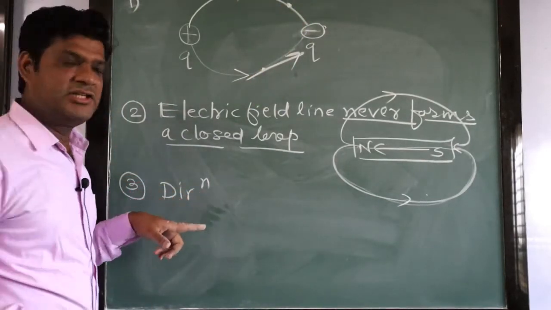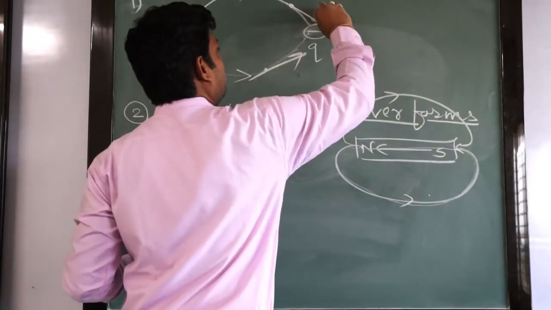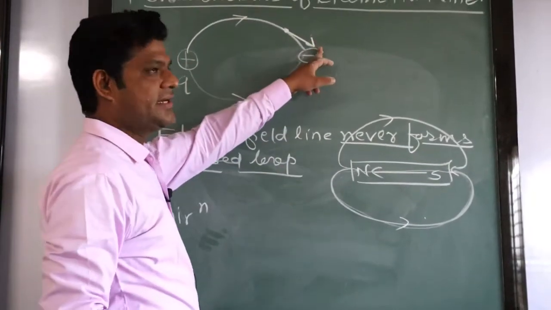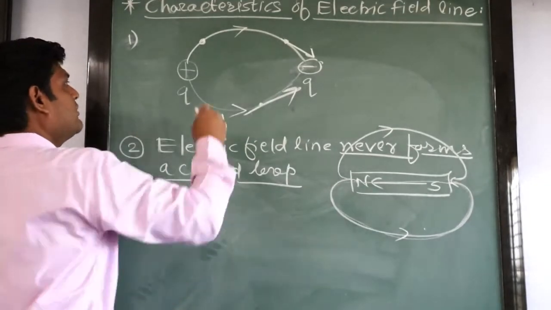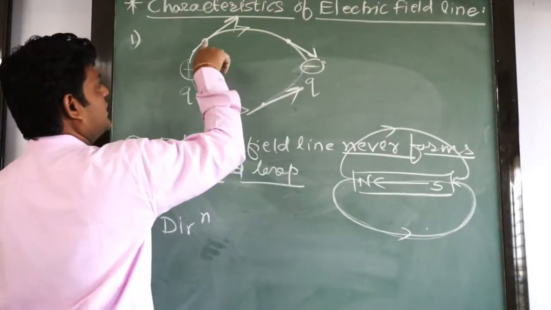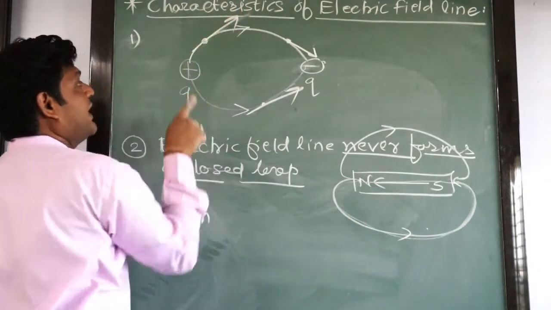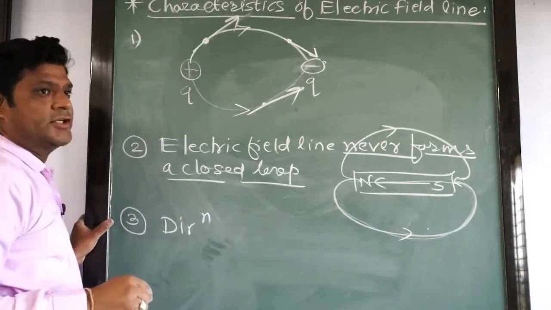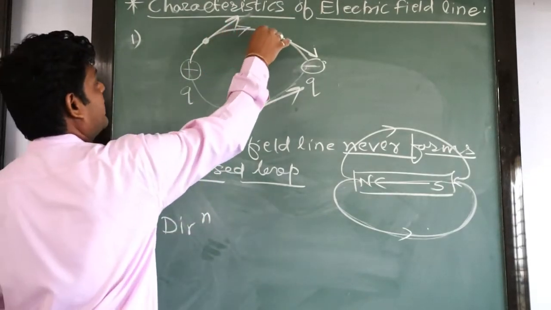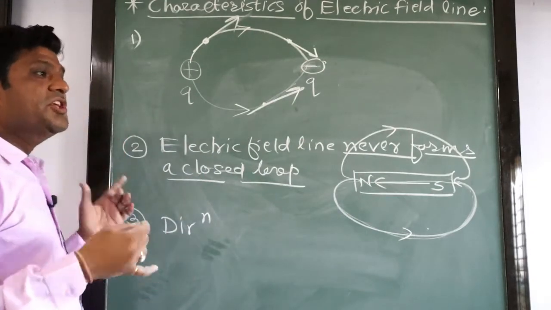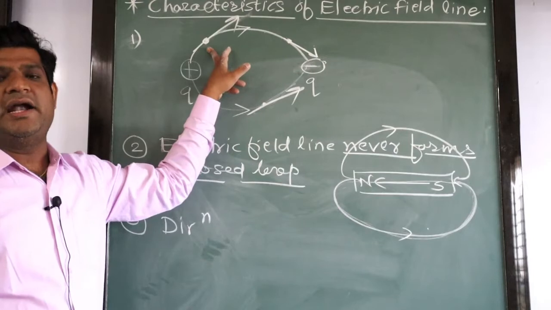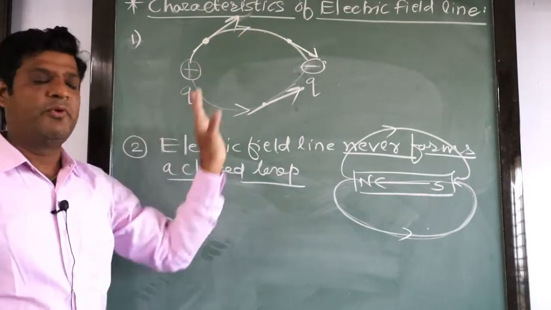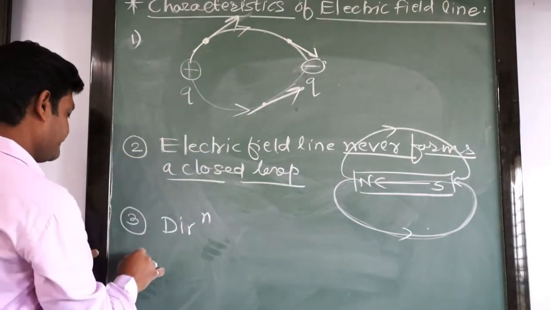By drawing a tangent, we can find the direction of the electric field. Suppose we have a point over here. Draw the tangent there, right? So this will be the direction of the electric field at this point. The electric field varies at all points. In this way we can find the direction of the electric field at every given point. So this is about the direction.